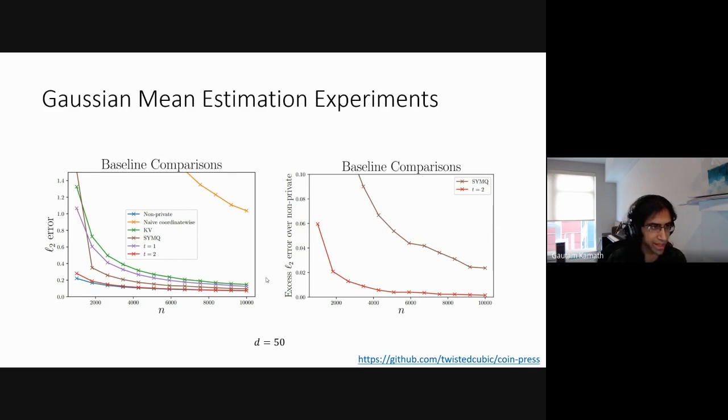The reason is that what you do is you don't necessarily estimate each to accuracy, say, alpha. You estimate each to accuracy alpha over square root d. And then, for example, if you have a 1 over alpha squared sample complexity for one dimension, putting in that square root d will give you d over alpha squared. So that still gives you the right sample complexity in theory. Does that make sense?